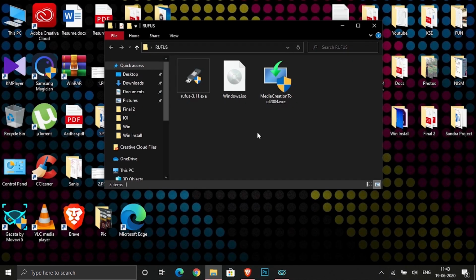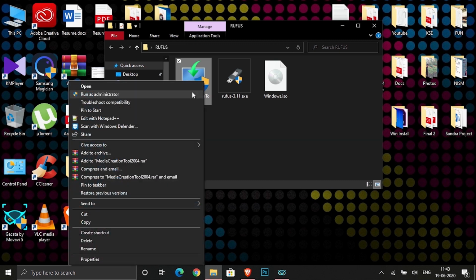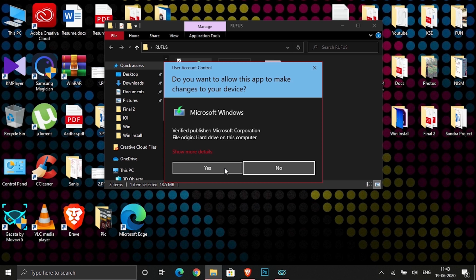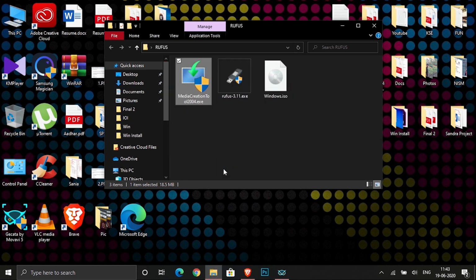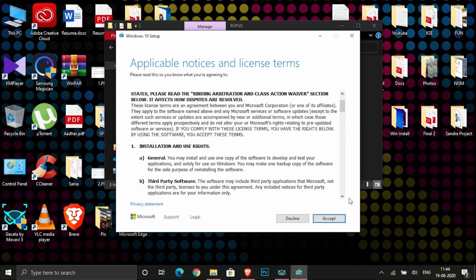Download is finished. See, it's saved here. What you need to do is right click, run as administrator, and click yes. Now the tool will open up and then it will check your system configuration. You can click on accept.